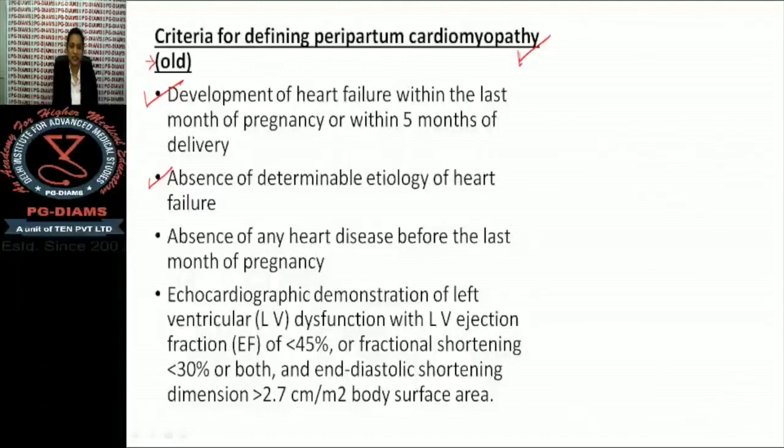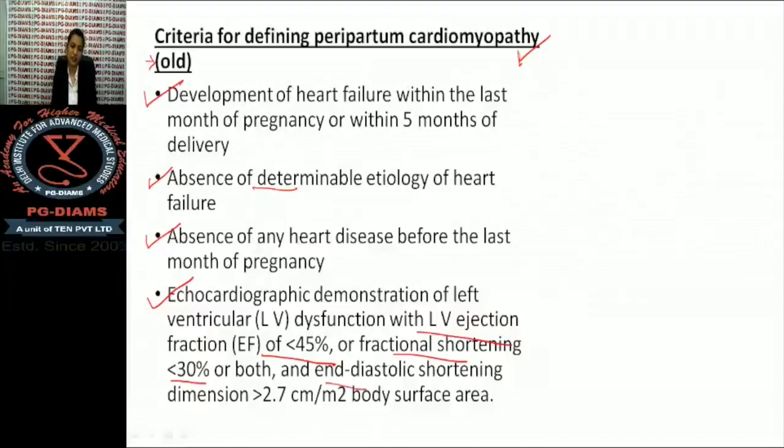When there is no other etiology of heart failure, you can call it cardiomyopathy. Any heart disease before pregnancy: she did not have any heart disease before pregnancy. Then the echocardiographic criteria are LV ejection fraction less than 45%, fractional shortening of less than 30%, and end diastolic